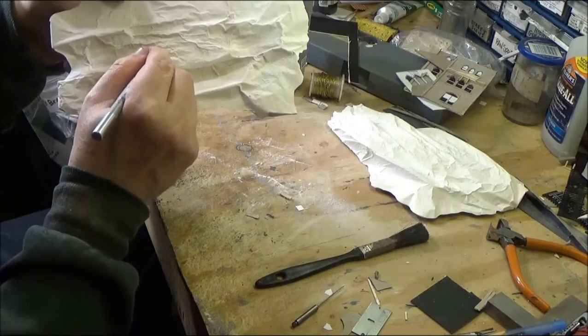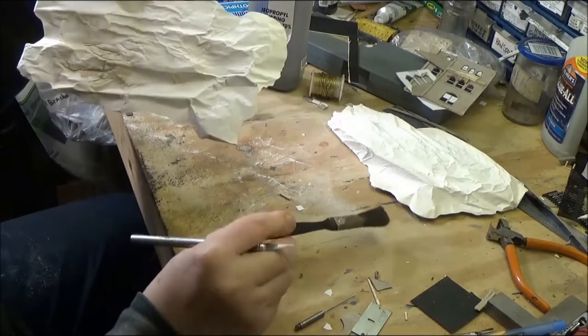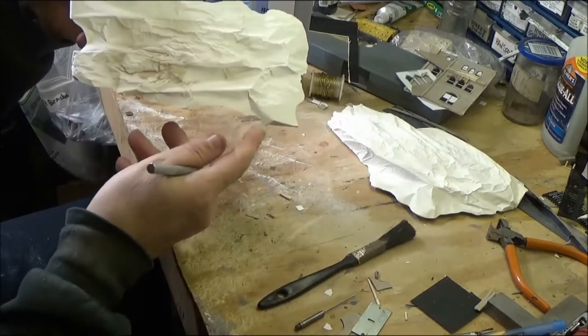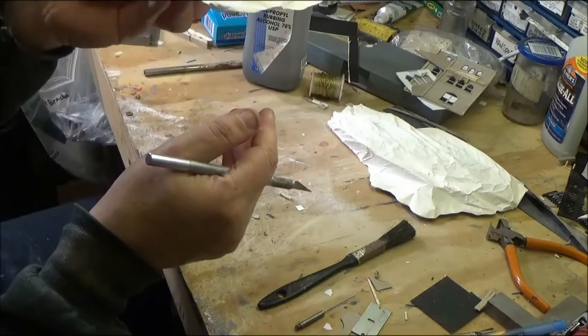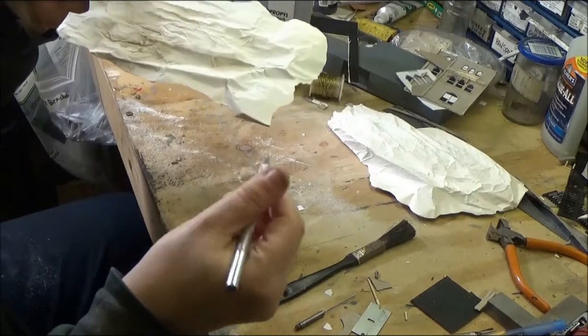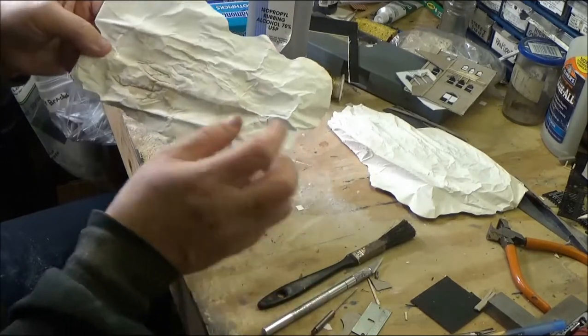Okay. And just brush it off every couple of seconds so you see what you're looking at. Be careful because the mold, when I poured it, is a little bit thin. So you don't want to go too hard in there because you're going to break the casting. But if you take it easy, you can come back and